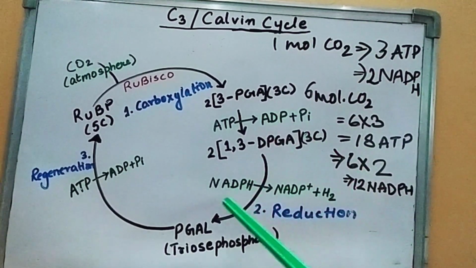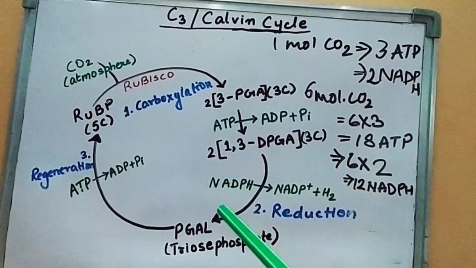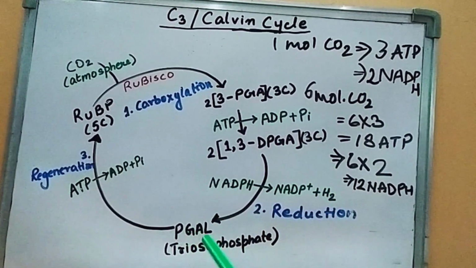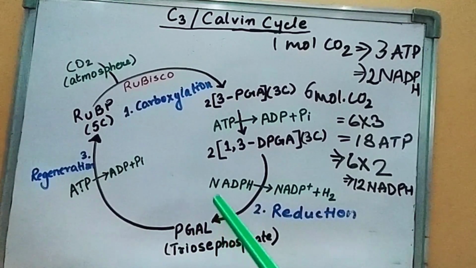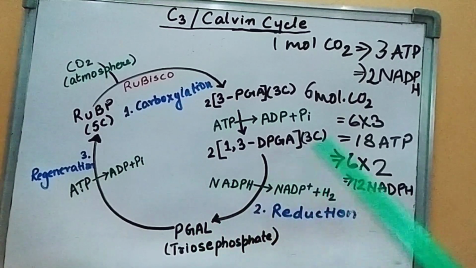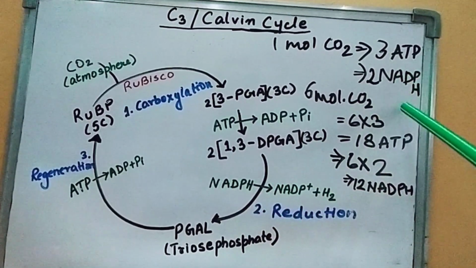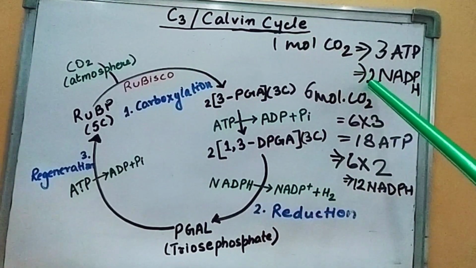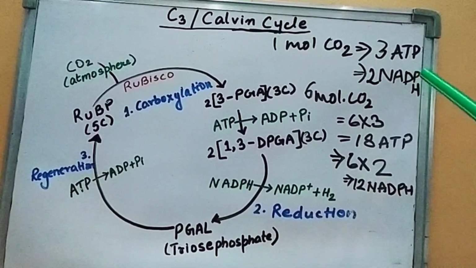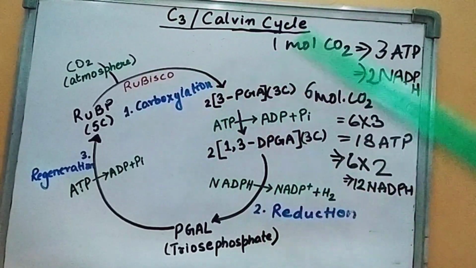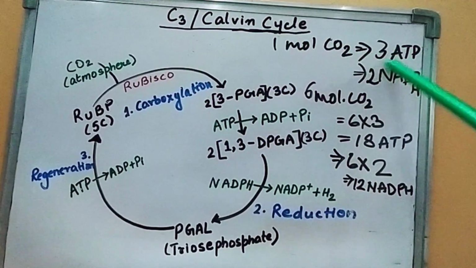Now how many molecules of NADPH were used? Here from DPGA, 2 molecules of phosphoglyceraldehyde were produced. So there were 2 molecules of PGAL, that means 2 NADPH would be used. So from 1 carbon dioxide molecule, 2 NADPH will be used. So total in 1 particular fixation of carbon dioxide, 3 ATP and 2